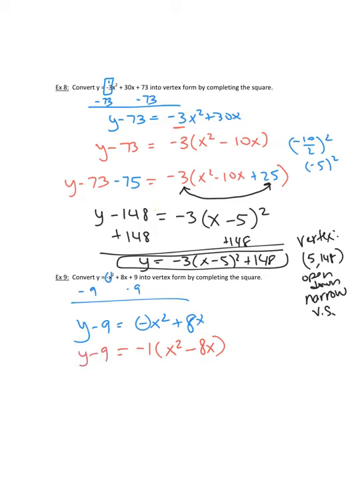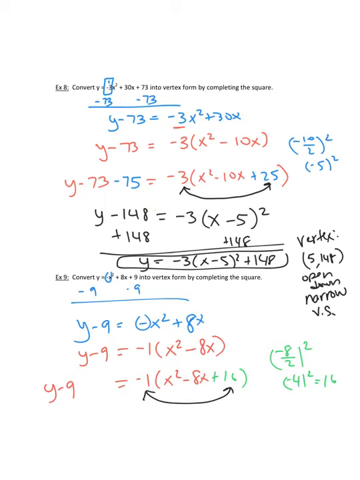Okay, now I'm going to complete the square. That means I'm going to take half of negative 8 and square it. So that's going to be negative 4 squared, which is 16. I add 16 in the parentheses. I'll do that in green. But on the left side, I am not adding 16. Instead, I just multiply these two, and whatever I get, that's what I put on the left. I'm getting negative 16 when I multiply negative 1 times 16, so I'm going to do minus 16 on the left. Now they're balanced. So I simplify: y minus 9 minus 16 is y minus 25 equals negative 1,